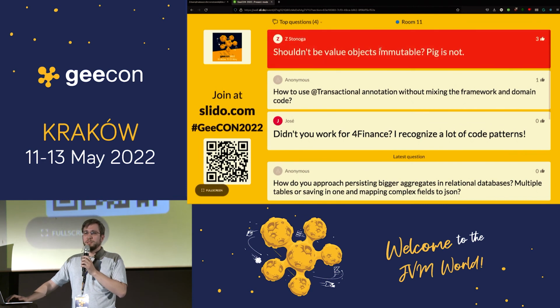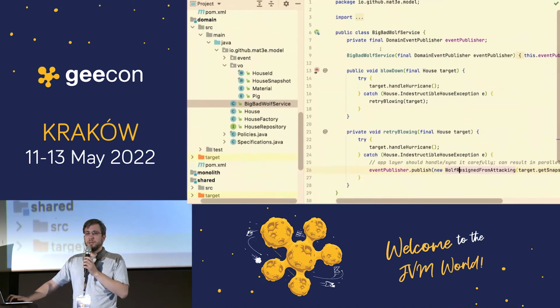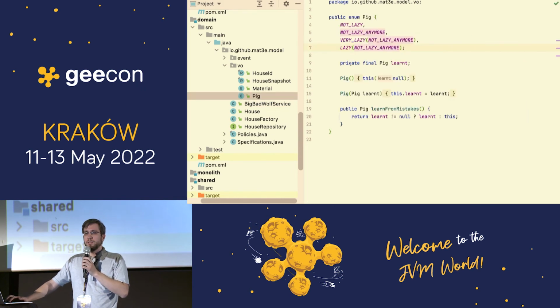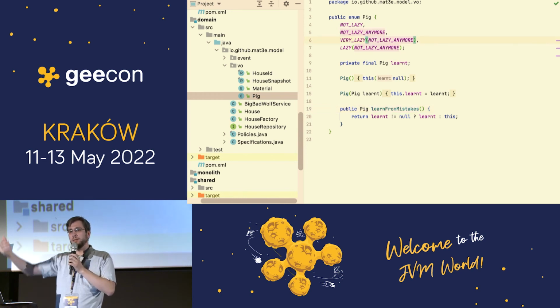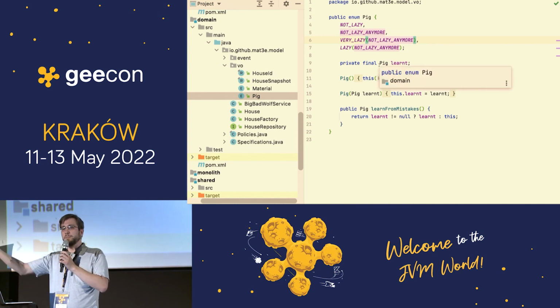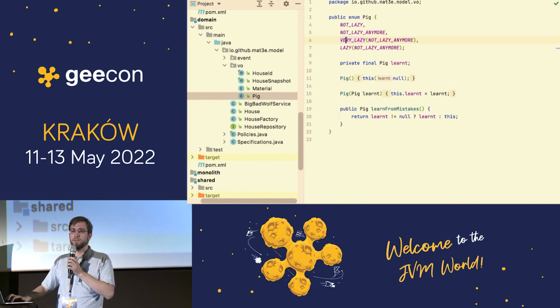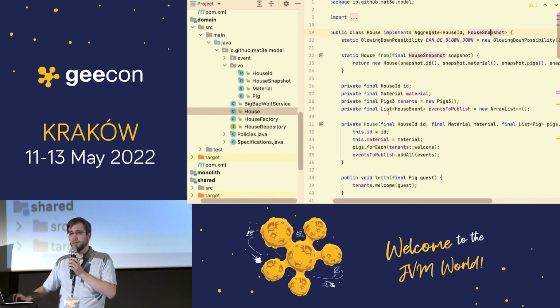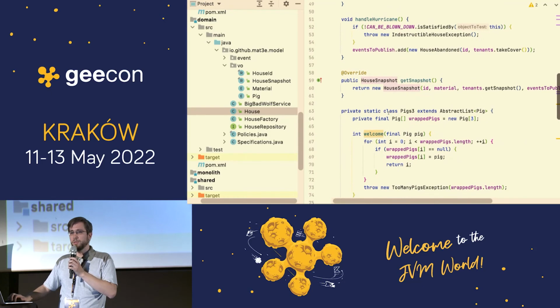Shouldn't value objects be immutable? Pig is not. Actually, it is. This not lazy anymore is returning you the new pig, and the handling of the. So this is what you want to return when you learn from the mistake. So it returns the learned pig, but the previous object is not modified. So you have to handle modification at the aggregate, and it is handled here. Maybe not the perfect way, but